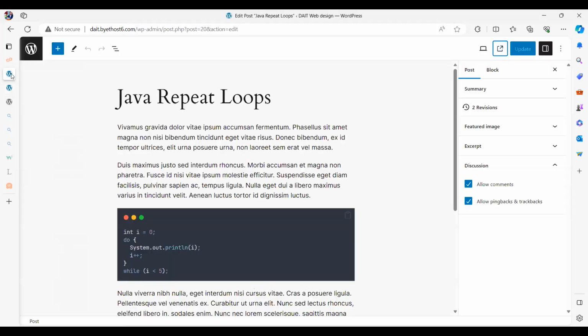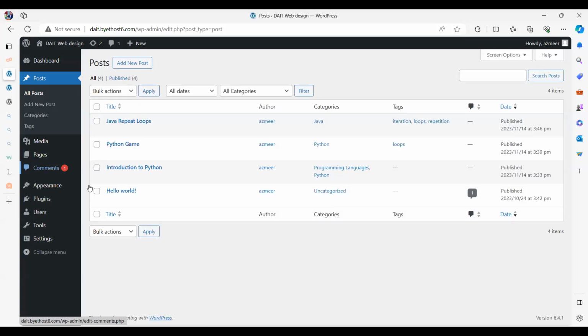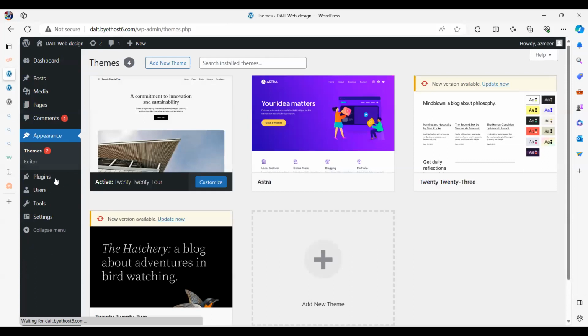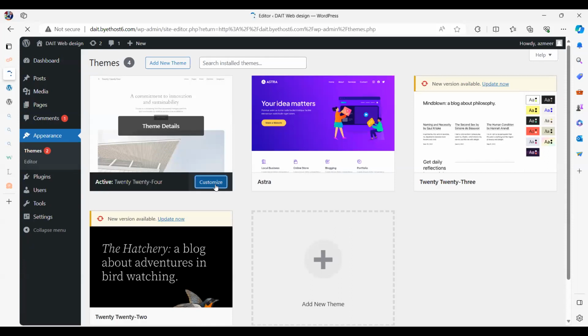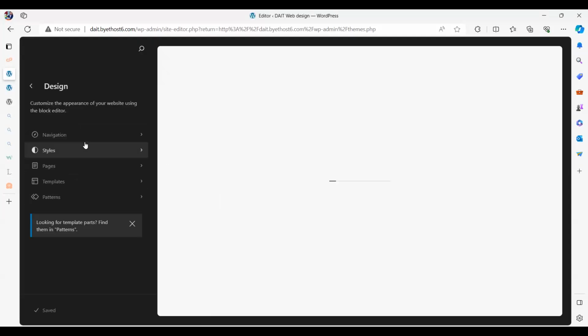Let me see whether I can go to customization of the theme, appearance, themes. Let's go to customize. Right. So these are the things I can use to do any customization. So I didn't do any custom styling.